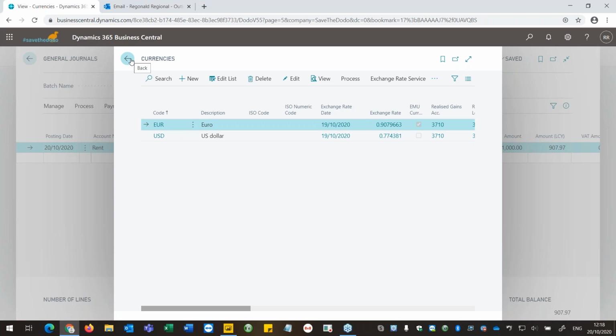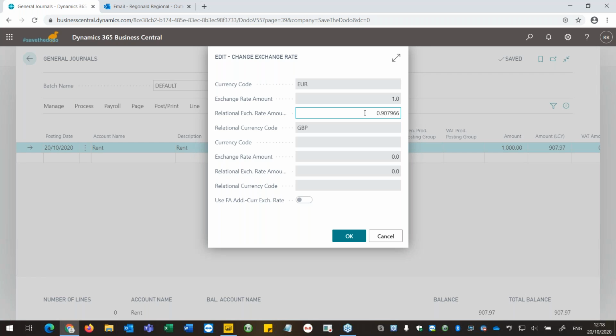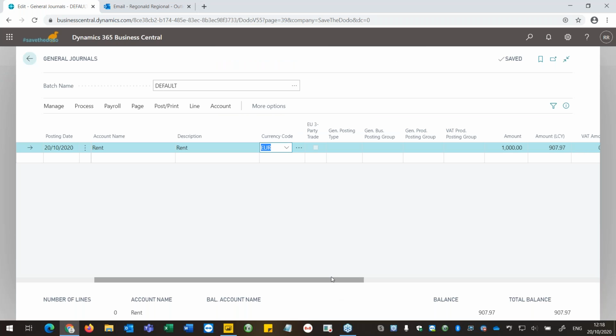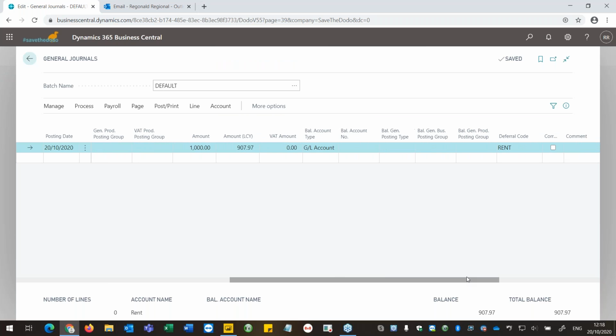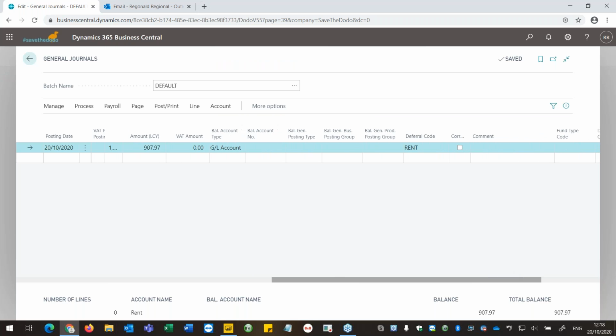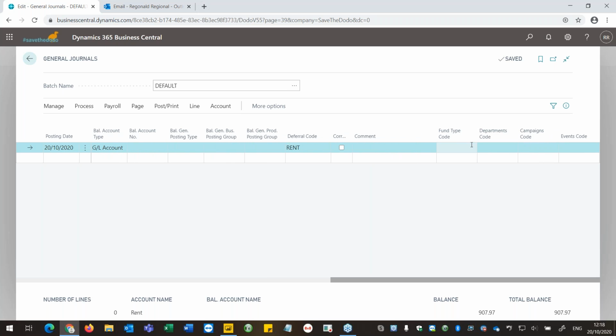So once that's up and running, I don't even need to worry about the currencies. And if I want to override them, I can just come into here and change it there. And then utilizing this functionality, I've got the ability to add my funds and analysis codes to them. So again, from here, I can default through these dimensions to certain account codes, so I don't need to worry